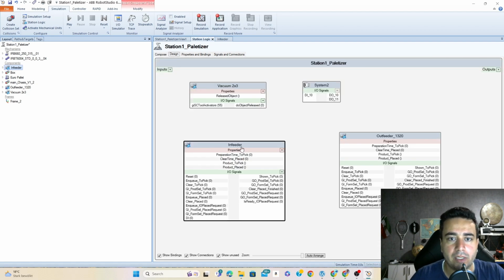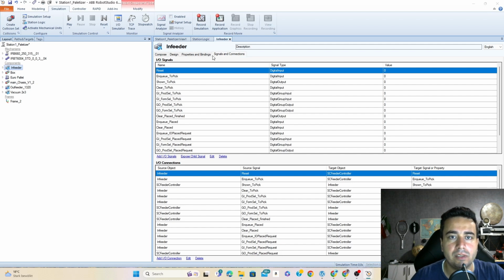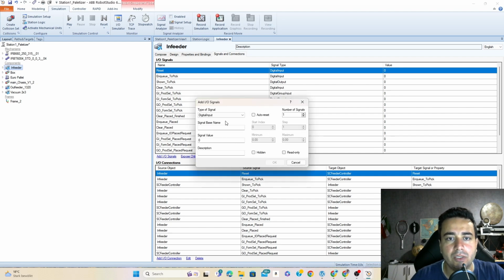So if you go to the design, if you go to the infeeder, I need to define some kind of digital input for the infeeder. If you double click on that, you will open this dialog, and in signal and connection, you can find this tab, add IO signals. If you click on it, you can see that there is a type of signal which we can define, for example, digital input, and then there is a name which we'll call digital input underscore